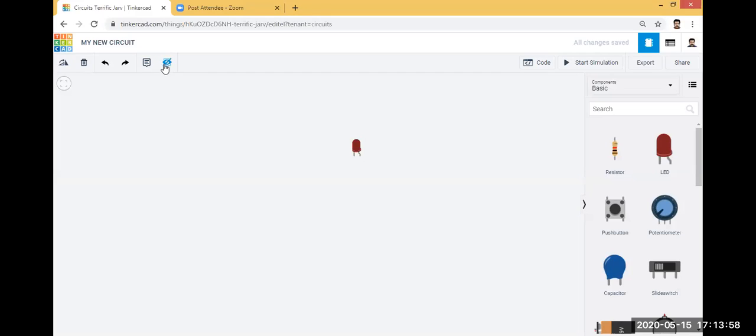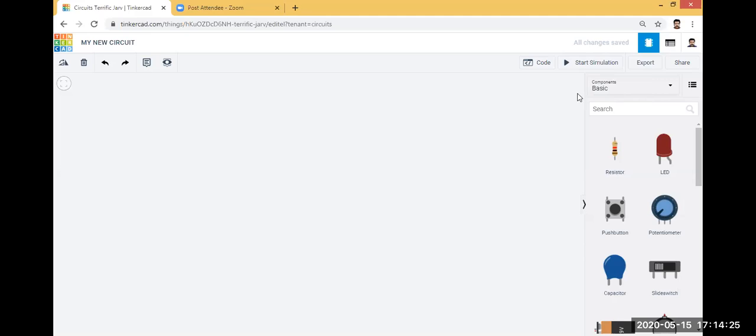You can hide your annotation with the help of this view hide button. So that is annotate and view hide. If you want to delete this, select this LED and then delete. So that is the left side.